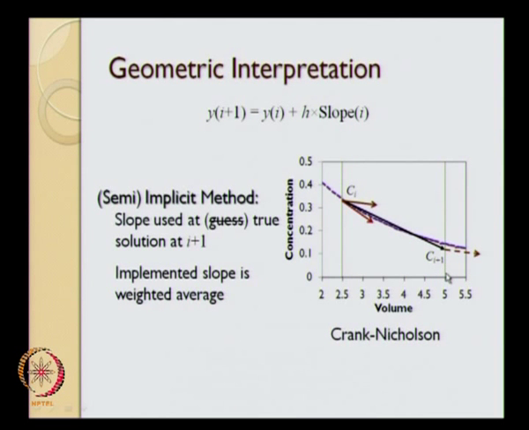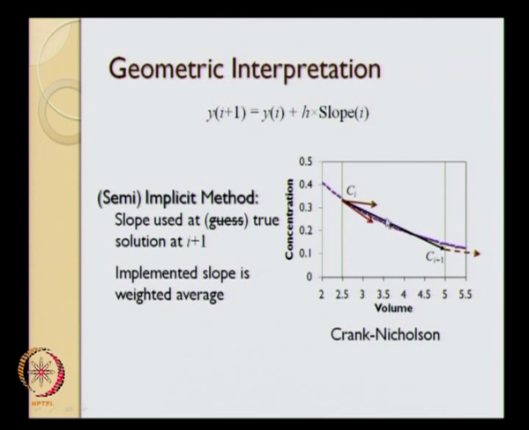And then we talked about Crank-Nicolson method. The idea of the Crank-Nicolson method is that the red line represents the slope at Vi comma Ci. This dotted line represents the slope at the final solution, which is yet unknown, because it is the slope at the true solution at i plus 1. This is an implicit method. Why is it an implicit method? Because this true solution at i plus 1 is not known at time i. So, we need to compute both Ci plus 1 as well as the slope at Ci plus 1 simultaneously. Okay. That is the Crank-Nicolson method.